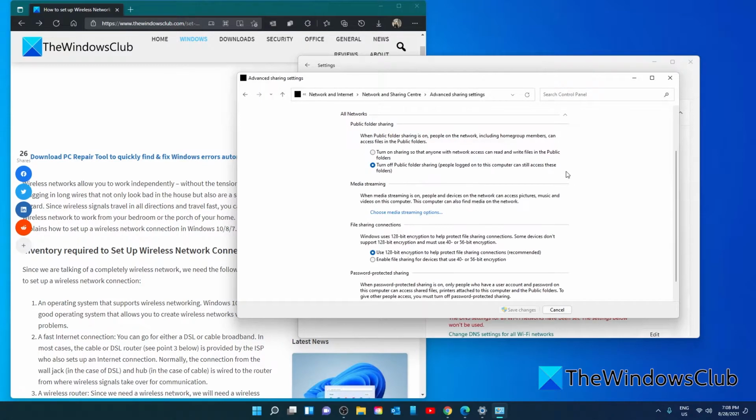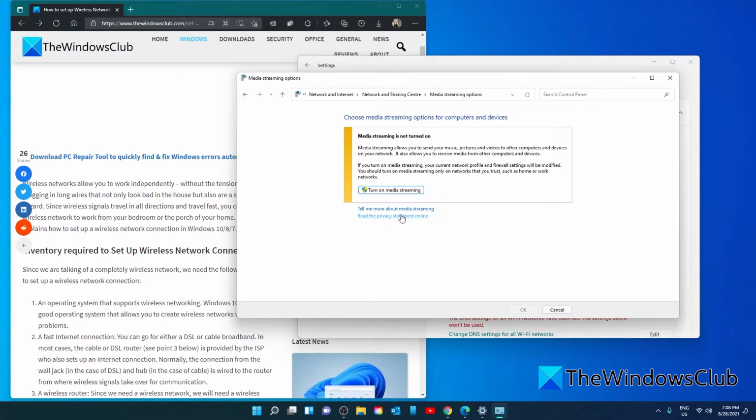Under All Networks, make sure to turn on sharing so that anyone with network access can read and write files in the public folders. This will be important when it comes to folders and files you move to the public folders to be shared. Going on, under Media Streaming, click on Choose Media Streaming Options. Click on Turn on Media Streaming.